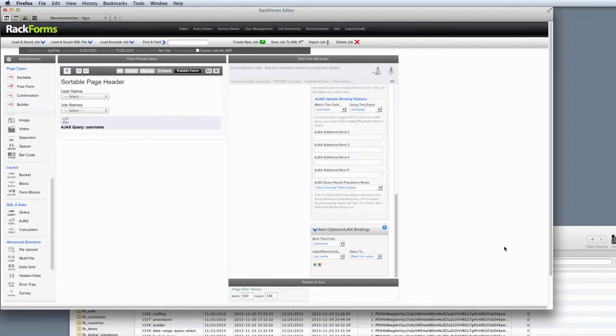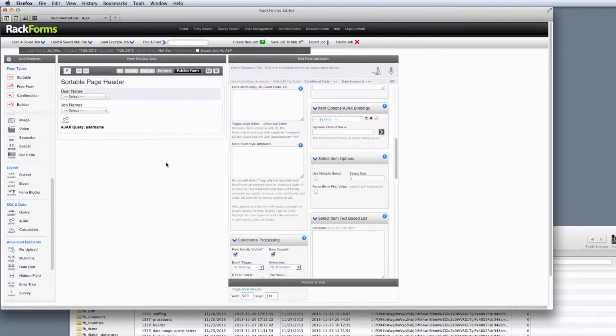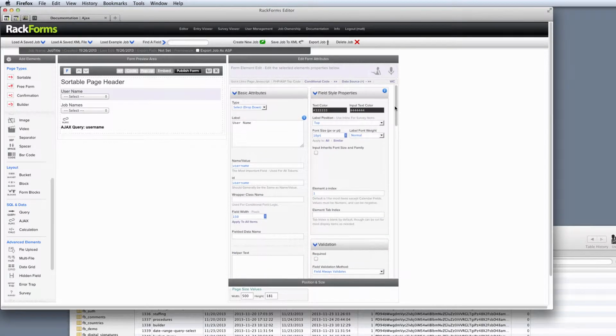Hi there. So in this video, we have a little tour of Ajax logic, and I've got a prepared job here, and I'm going to show you how this works, what it does, and then we're going to rebuild it. So the basic conceit here is whenever we have two form elements that want to talk to each other, and specifically they're drawing data that may change or a lot of data, it's almost always a good idea to use